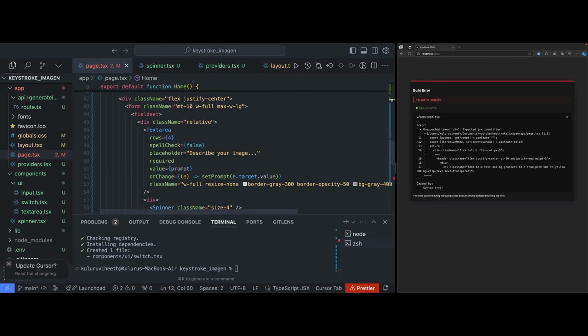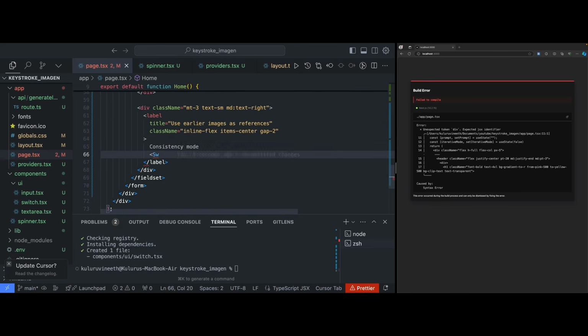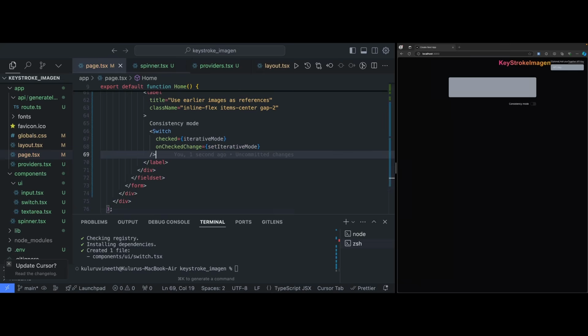Okay, so the error we are receiving here is because we need to pass the values to the switch component. So I just added that state variable. We're going to pass this variable to this, and on checked change, we are going to update this value. So yeah, this is just the simple switch component. Okay, so now we have the text area, we have the switch component and all, and now we need to